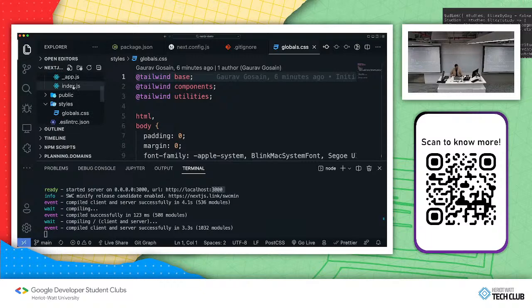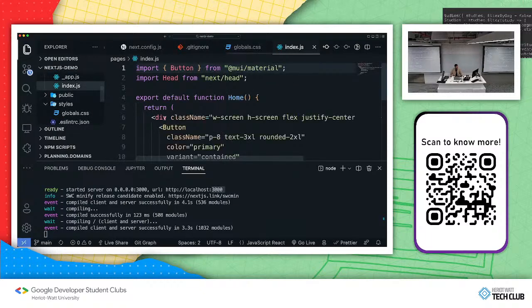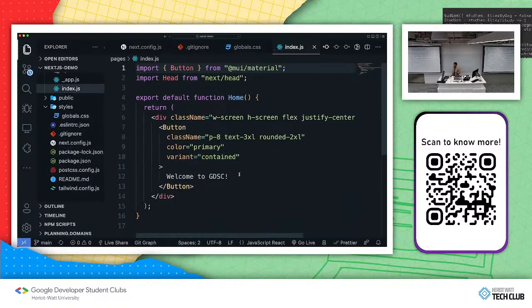index.js under pages, this is where all the logic for everything that's rendered on the index page lives. So index.js is basically the landing page. Whenever someone visits just your website without any extension, without any endpoint, they're presented with whatever is written inside index.js. So what we're doing here, basically, since we have installed Material UI, is we can import a button component